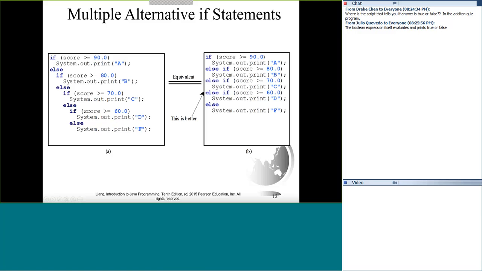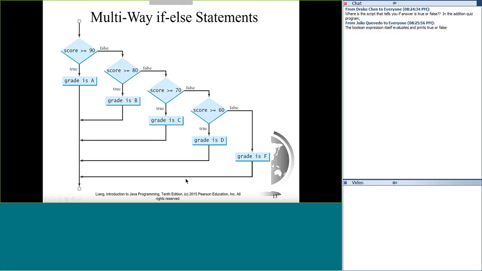This is better than indenting and having a staircase type look. This makes things a little bit cleaner to follow. So that's the recommendation that the book tells you to use.